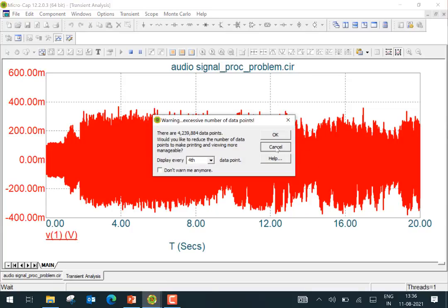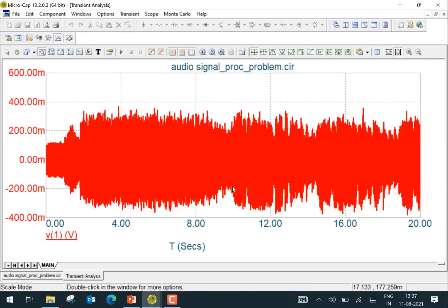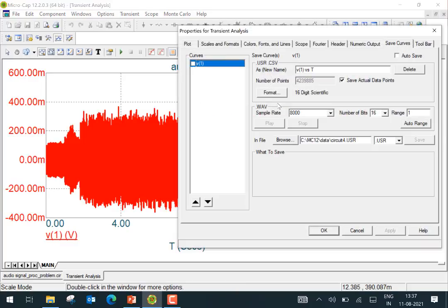All right, so let's cancel. It has given me the output V1, which is the sum of the song and the sinusoid. If you double click on it, you get this window, and there are lots of things here, but it says save curve. Go into that save curve here. If you select V1, then you can play the audio signal here, do an auto range, and you can play. So you can listen to how the corrupted song